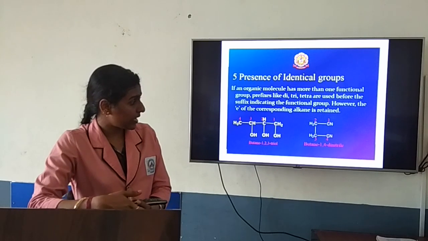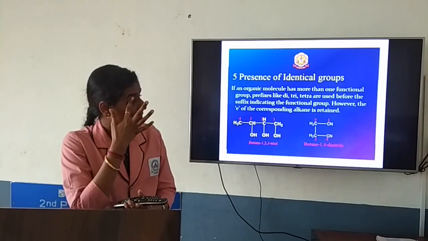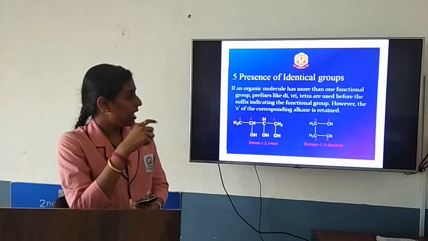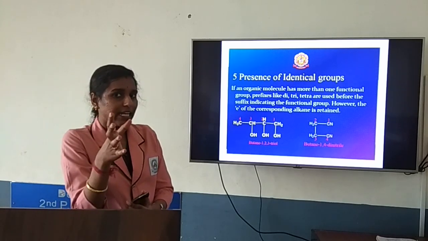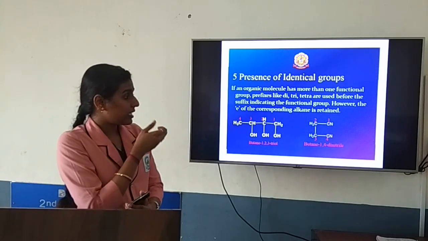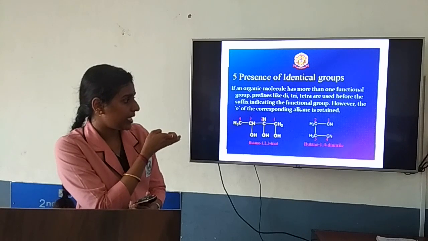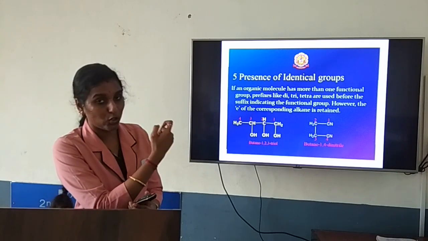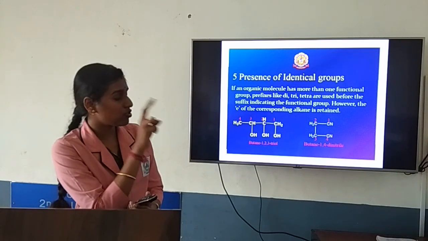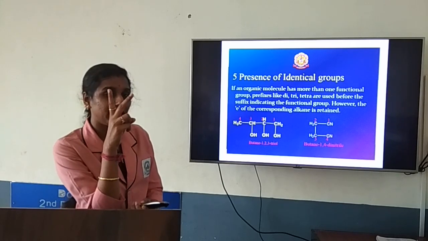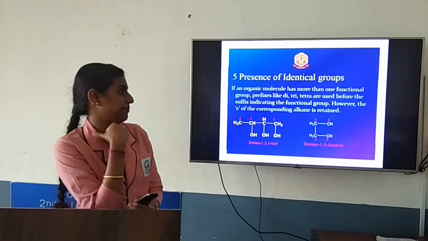The same if you go for the next one. Four carbons are present with the nitrile group. Give numbers from any side, it is the same. So it comes as four carbons, so it is butane. First position as well as fourth position is having a nitrile. So two nitrile groups are present, so we are going to name it as dinitrile.